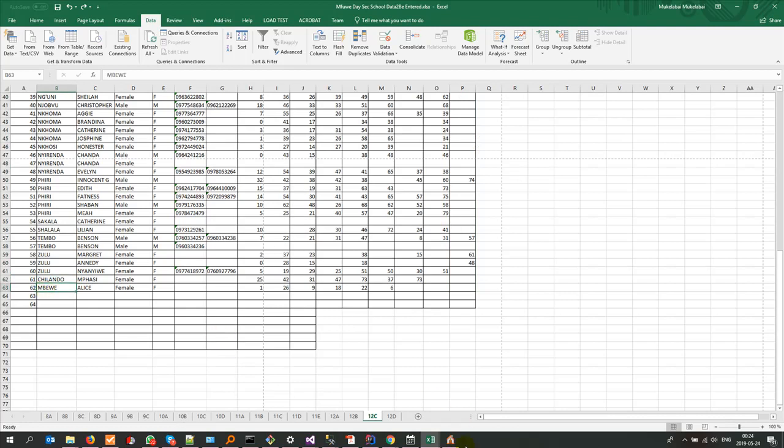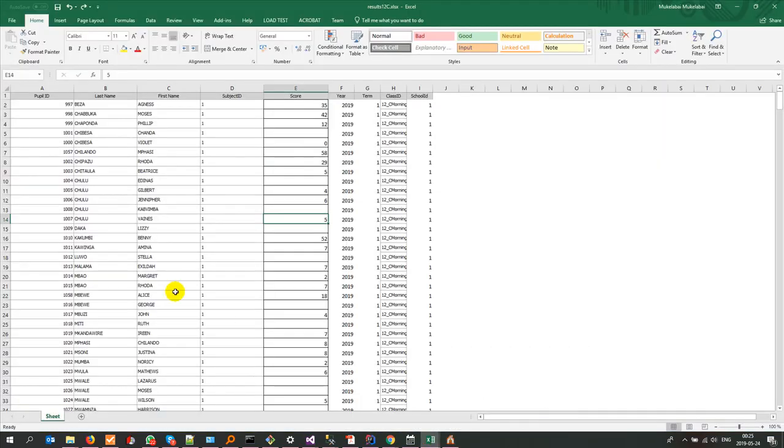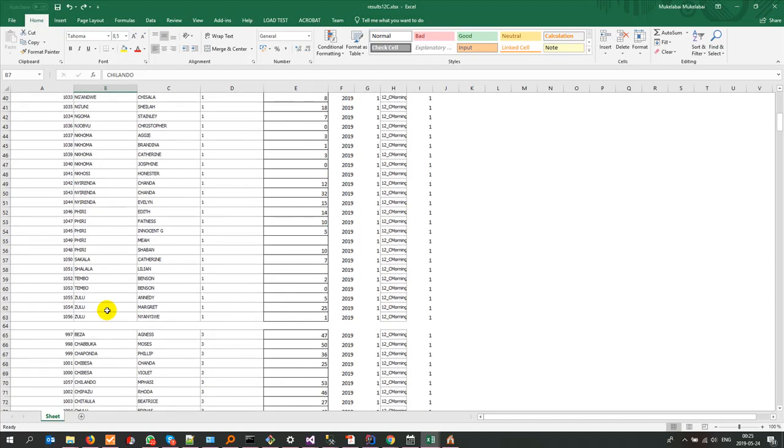So if you're assuming, because the list that we exported from here was already sorted. If I show you this list from 12C that we exported from the system, notice that Chilando is actually here. He's not at the very end. So one thing we've actually done is that we've misplaced his result. We've exchanged it with somebody else. So this is a very important thing which I've actually just remembered, that